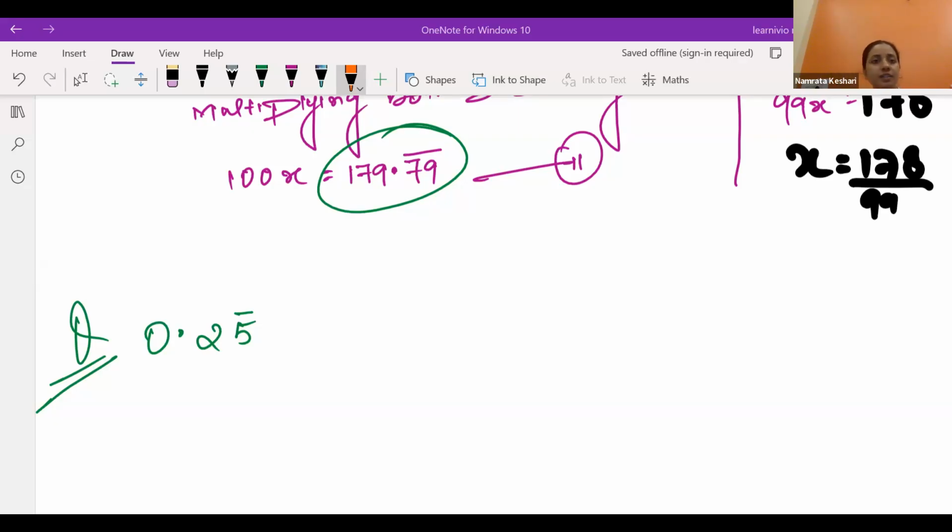Let's do it. Let's see what we are going to get. So we'll be taking x equals 0.25. But now we will ask ourselves a question: how many digits are repeating? So 5, again 5, again 5. So one digit is repeating itself. So we can multiply both sides by